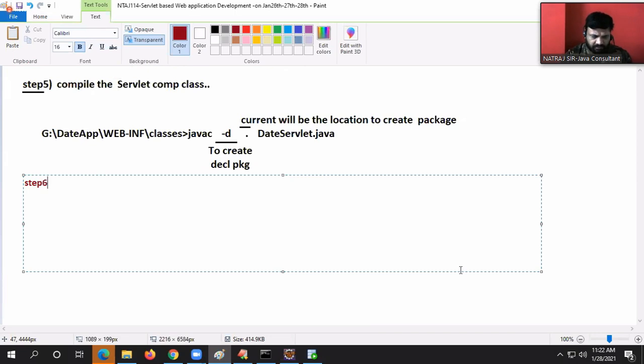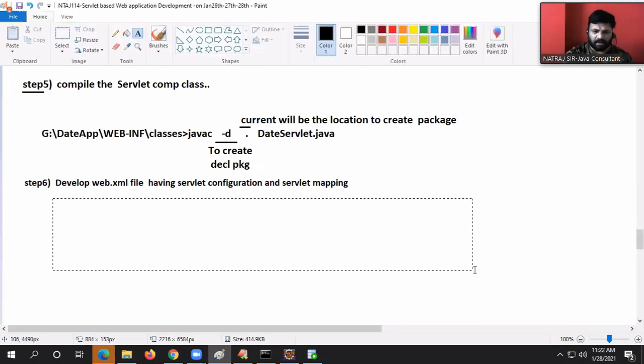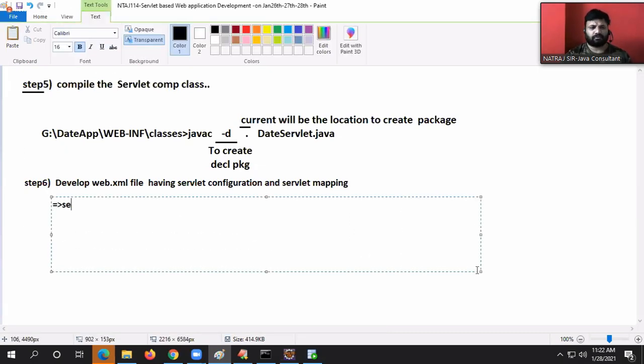Step number 6: develop web.xml file having servlet configuration and servlet mapping. What is a servlet configuration?